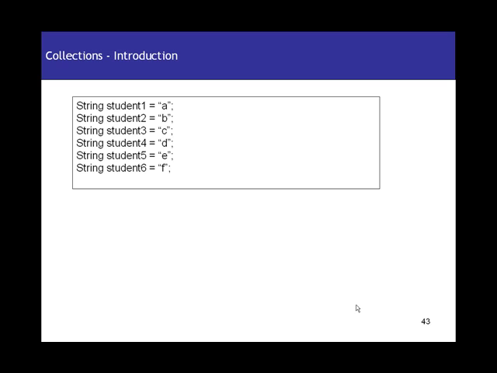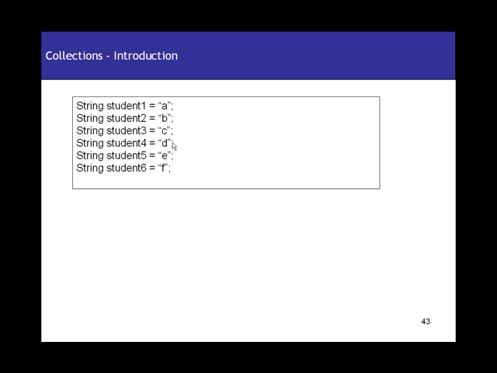Here I've taken an example where I have a class of 6 students, and I've declared all student names for these 6 students. My student 1 name is A, student 2 name is B, student 3 name is C, and so on. So for 6 students I've taken 6 different variables and assigned values to them. This was pretty simple, and it was not a lot of problem because this was only a